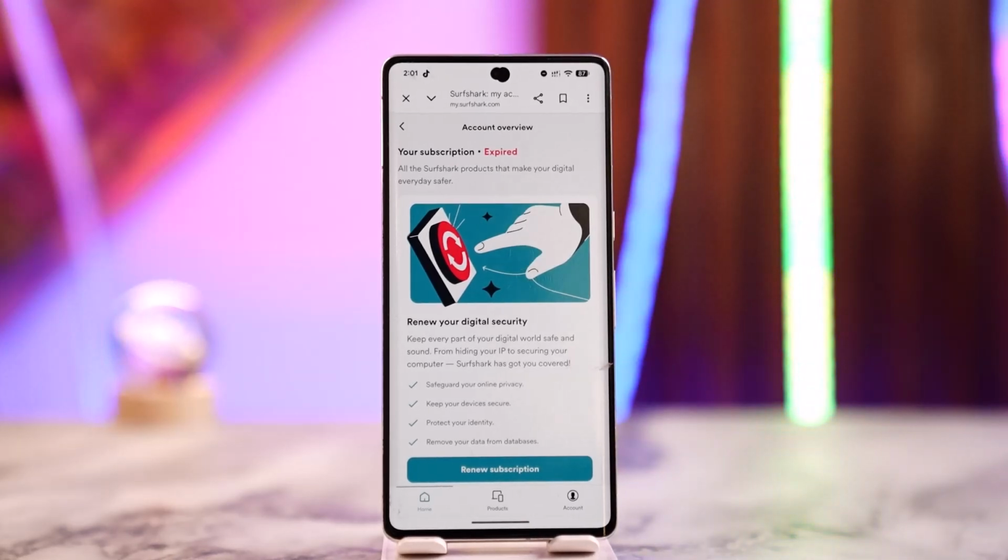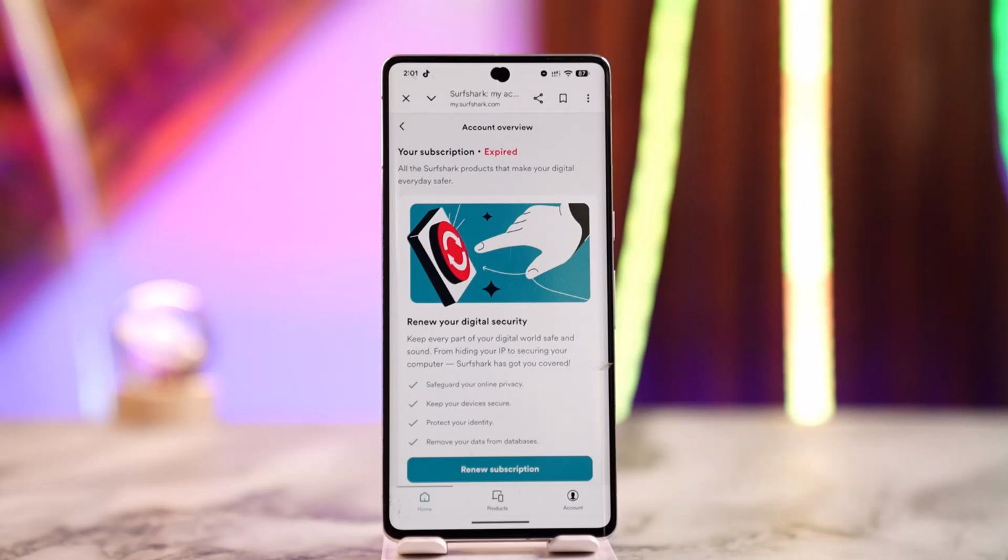And if you've used a third-party app, and it is the Google Play Store or the App Store, you just want to make sure to go ahead and open your settings on your iPhone or iPad. Now this is for those iOS users, right? So you want to open up your settings on your device and tap onto